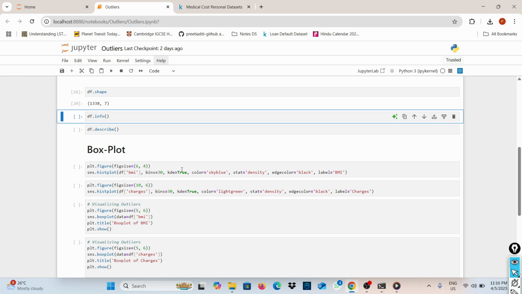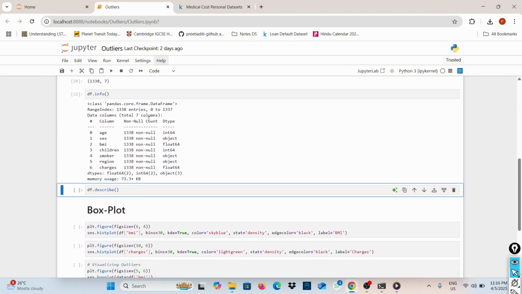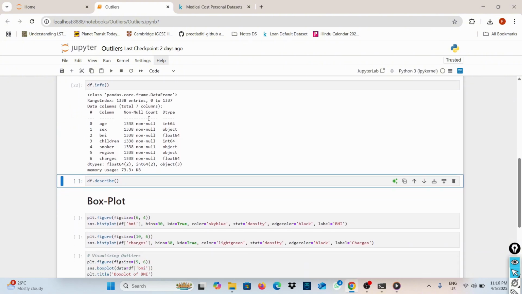Now that we understood the basic shape of the data, let's look at df.info. df.info is a quick way to get a full feel of the dataset. It's just like a doctor checking the pulse of the patient before examining.